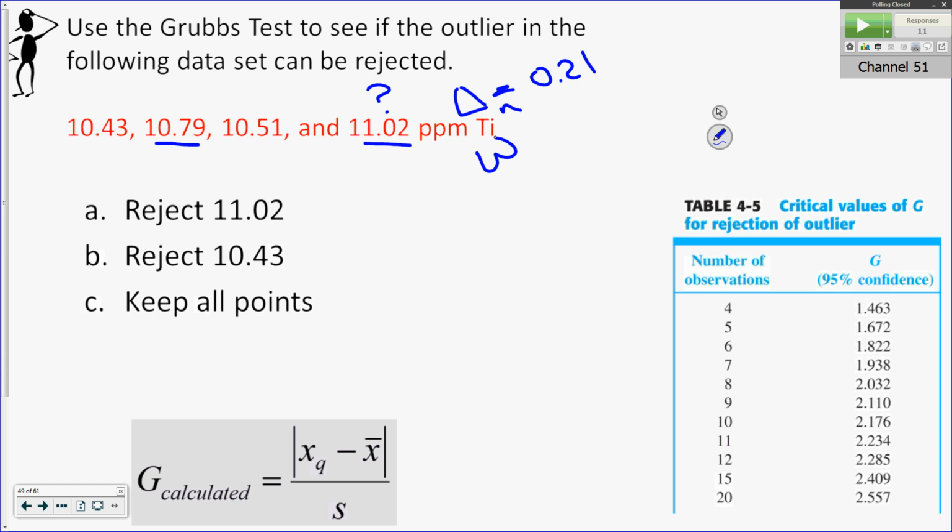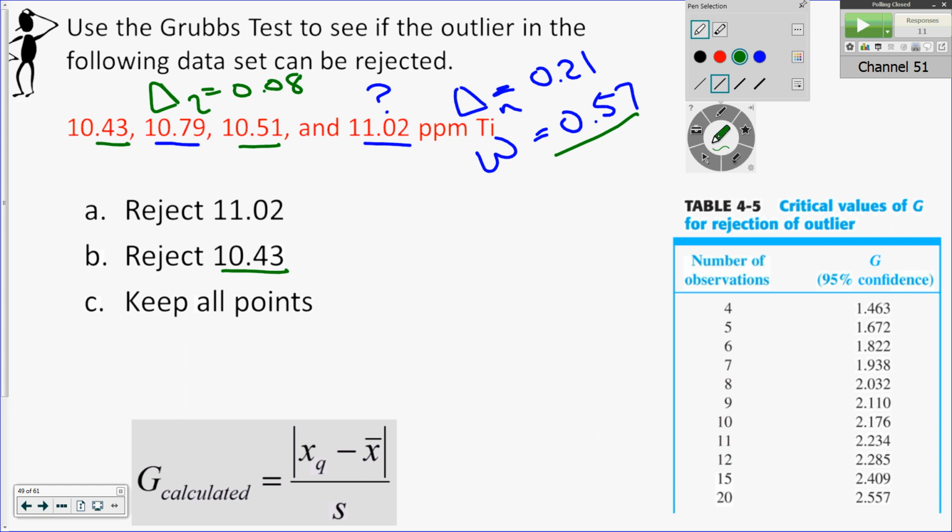The width of the data set is 0.57. But that's all the data points. So that's a suspect point, maybe. The other possibility is looking at this 0.43. Its nearest neighbor is 0.51, so its distance to the nearest neighbor is only 0.08. Compare that with the spread of the data set, you're eating that point. So that's part of your statistical scatter, without a question. So the only possibility we're going to have is to reject that point at